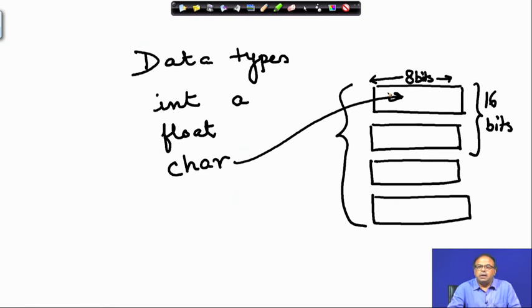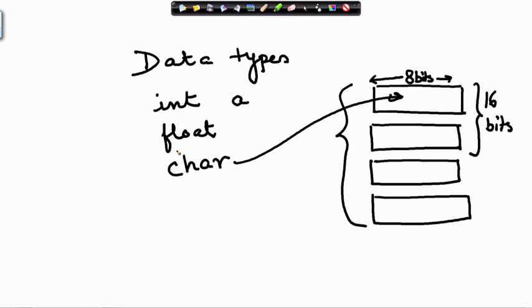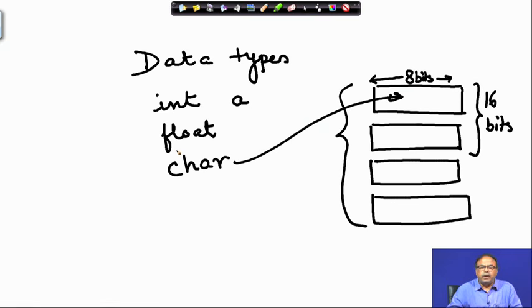Now, this is not so sacrosanct, as in some machine which is much more powerful and much more accurate, having high resolution, we can have 32 bits for storing integers, 64 bits for storing floating point numbers, and characters can be 8 bits or 16 bits. However, depending on what is the type declaration, the amount of memory that is allocated to a particular variable varies. Okay.